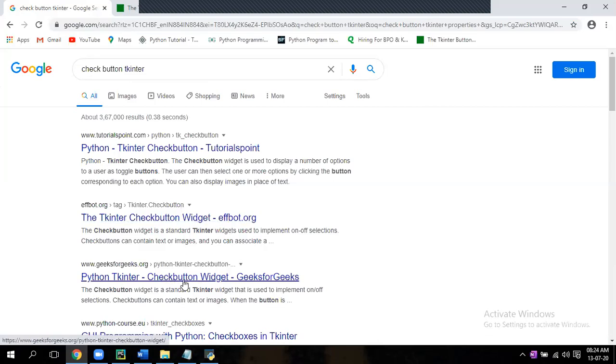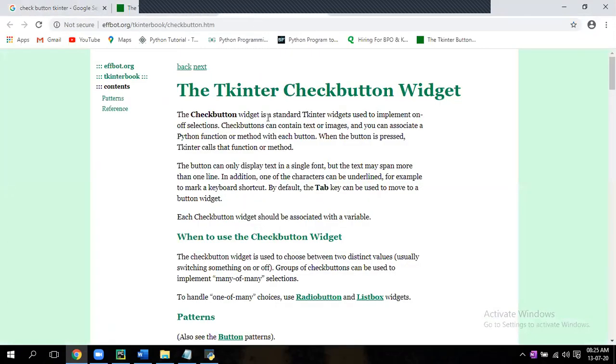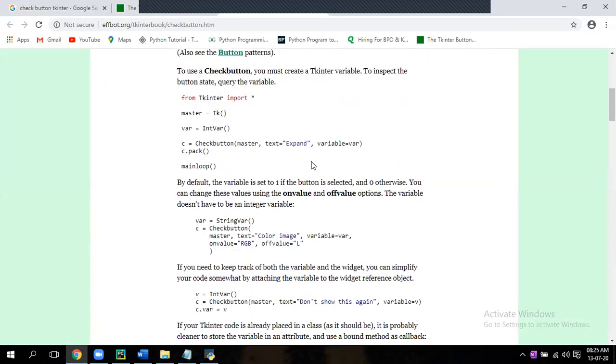This one, sir? Yeah, second one. See, yeah, that one. You go for this, effbot.org. That is nothing but a separate organization, I mean, this is only for this GUI and all this thing. Okay, good. Now come down. You can try these codes also directly.